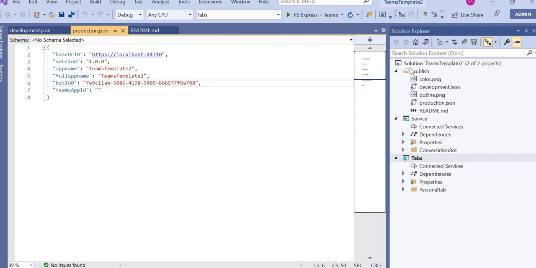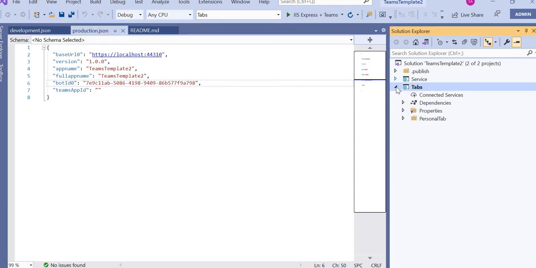Once you have it, you can create a Microsoft Teams application. It will have services and tabs. You can opt whether you need tabs and bot as well. If you choose only bot or tab, only that project will appear in the solution.